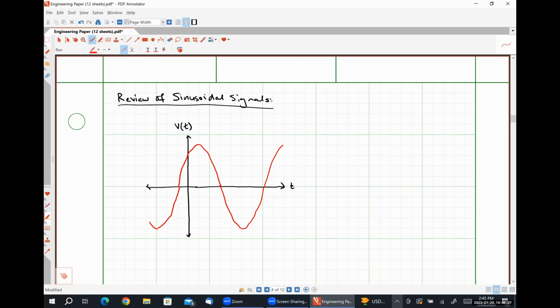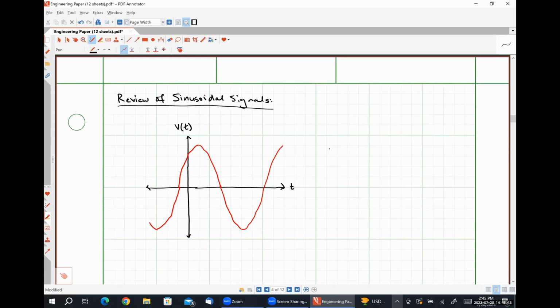Okay. So this signal, v of t, could be expressed in one of two ways. It can be expressed as a cosine function. So I'm going to have Vm cosine omega t plus some phase angle phi,